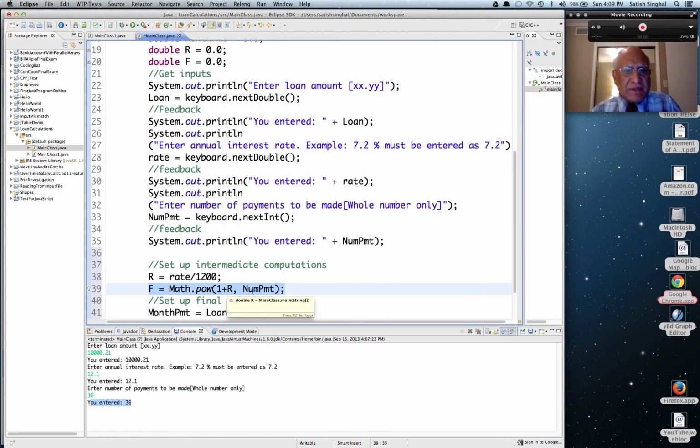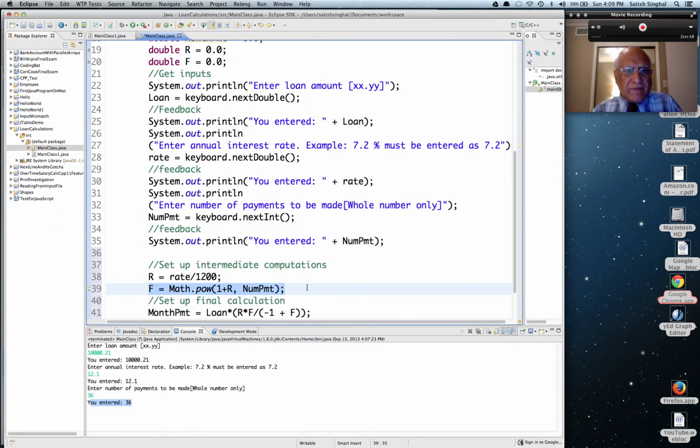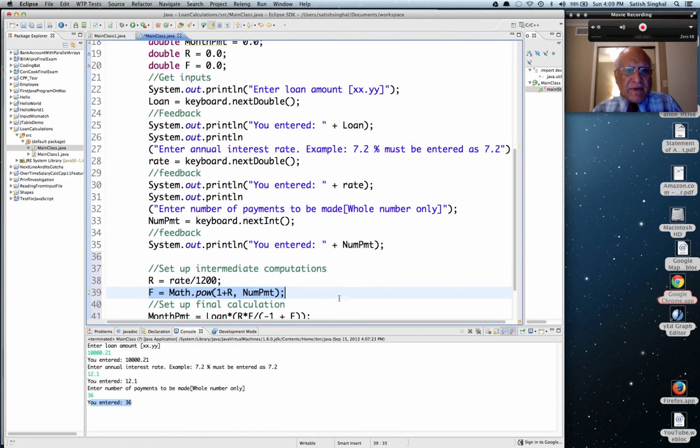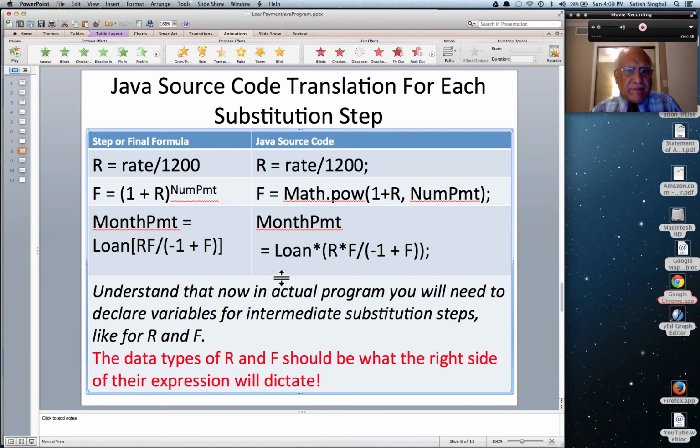First argument 1 plus R, second argument numpmt, and that came basically because we converted this expression into this Java expression on the right hand side. And then we set up the final calculations. monthPmt equal to loan multiplied by F, that's the numerator, divided by, in parentheses, F minus 1, whole thing parenthesized, and that really came